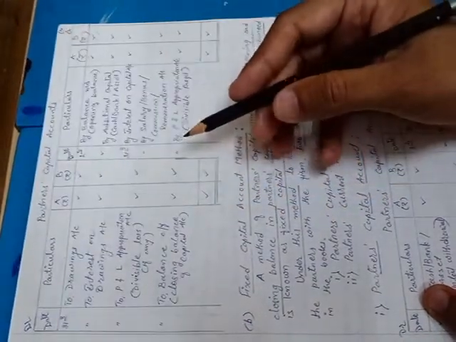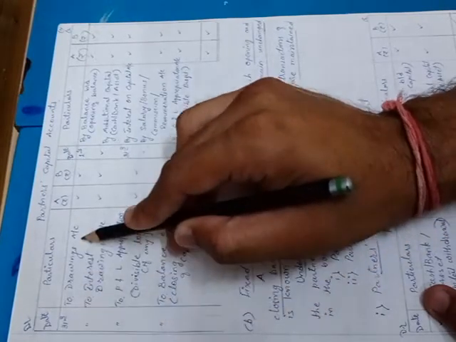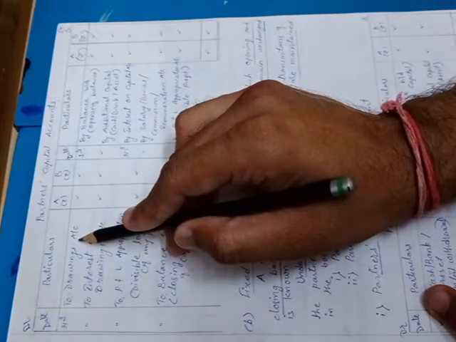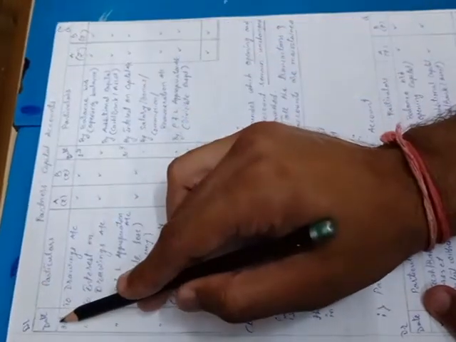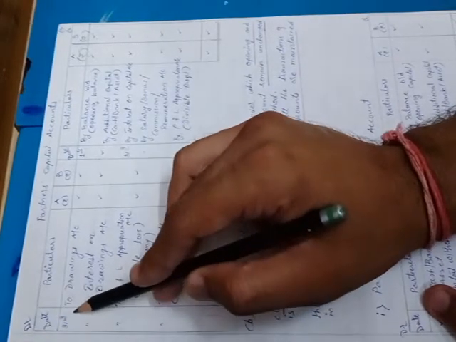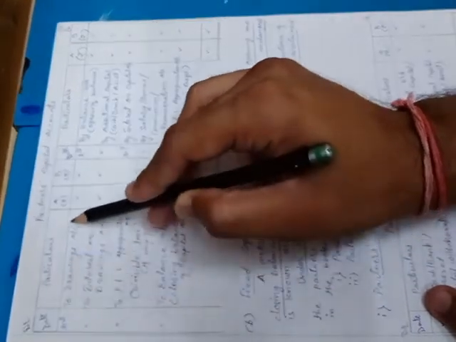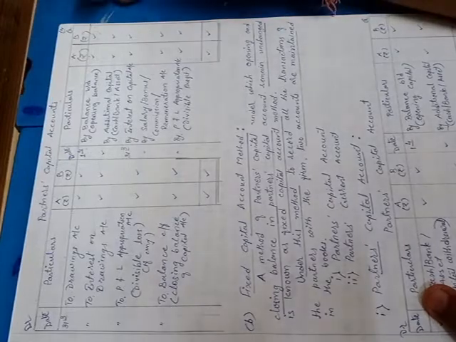If suppose any partner is having a debit balance of capital, that you can show on the debit side of the capital account. I have not mentioned it over here because you will always get credit balance only, but I will explain whatever is possible. So on the debit side, if a debit balance is available, you can write date 1/4 and the year, whichever is given, to balance brought down, that is called the debit balance of capital account. Then we have to record now the different transactions.